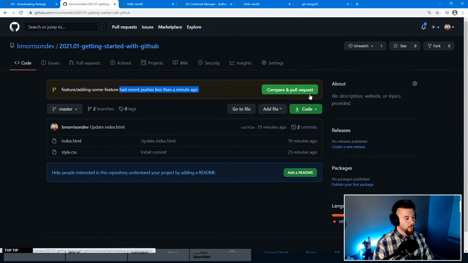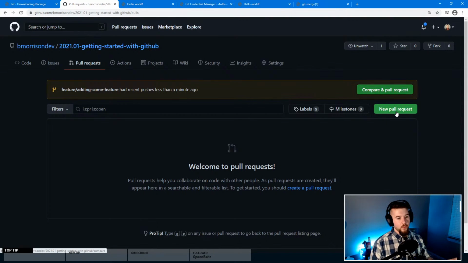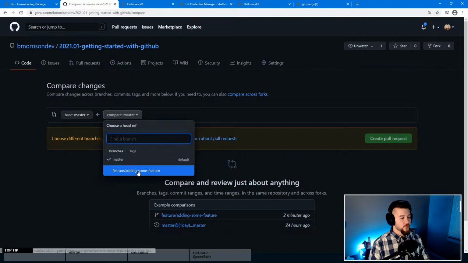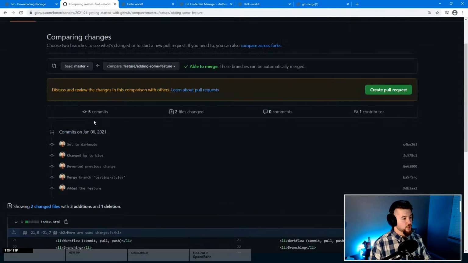There's two ways you can create a pull request. One is right here, and the other one is inside the pull request tab. We're actually going to do it manually because clicking this button saves us a couple steps, which is what you'll do in most actual working environments. But again, for demonstration purposes, we're going to create this manually. So if I click on new pull request, you can see you have your base branch, which you're going to pull your changes into, and then you have the compare branch, which is where you want to pull the changes from. So we'll select our feature branch that we created,